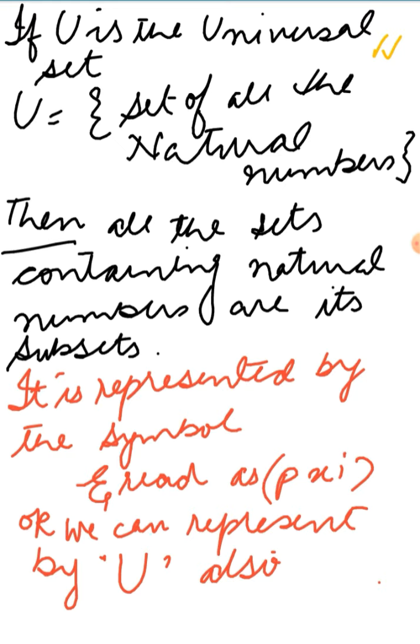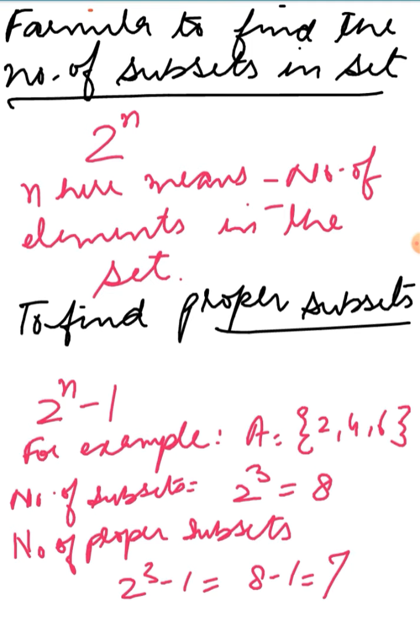We can represent universal set with the symbol U or Xi. So in the universal set, all the sets under discussion are included. For example,